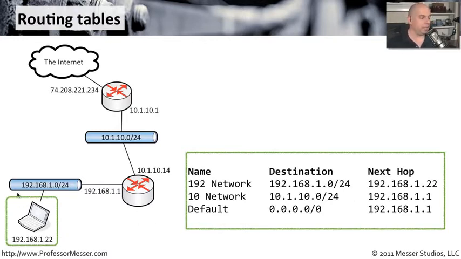192.168.1.22. It's connected to the 192.168.1.0 network with a /24 subnet mask. And you can see inside of that device, if it ever needs to get to the 192 network, and that 192 network destination is 192.168.1.0/24, the next hop to be able to get to that network is the local interface of this device, which is 192.168.1.22. Now, if it needs to get out to the 10 network, notice it's not directly connected to that 10